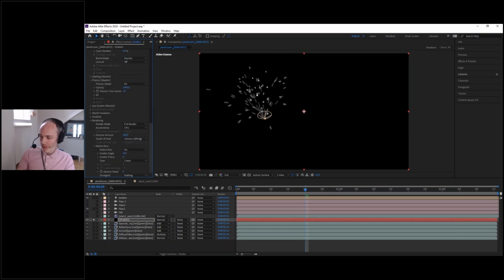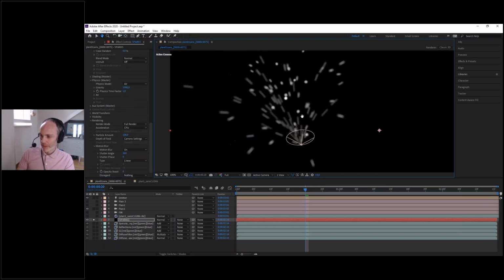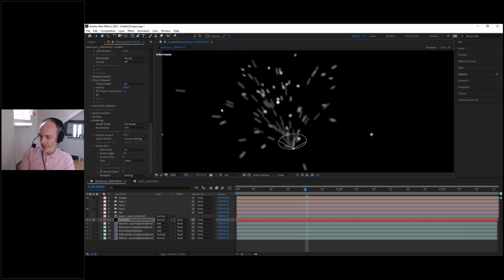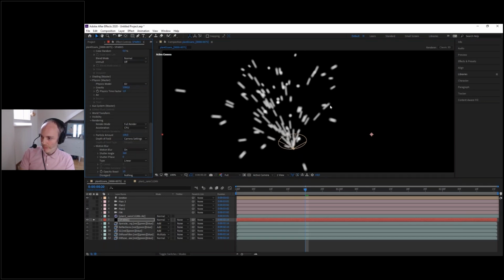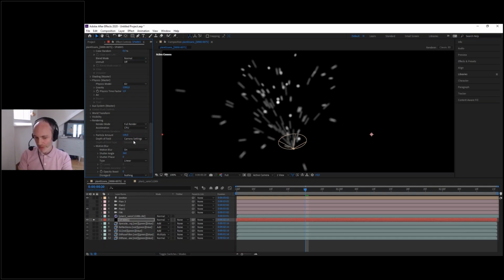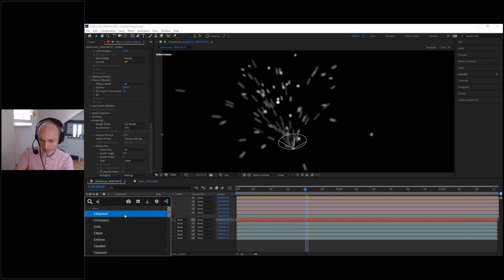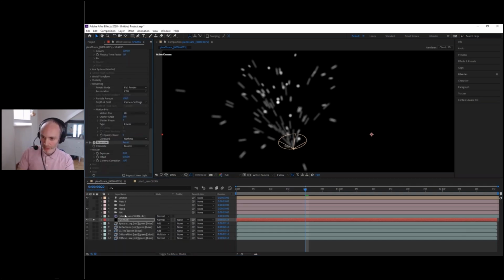But they don't really look like sparks yet because they're too thin, they are too light. There is an option here to use the opacity boost. But I'd rather use the exposure, since we are in 32 bits per channel. So let's take the exposure effect.